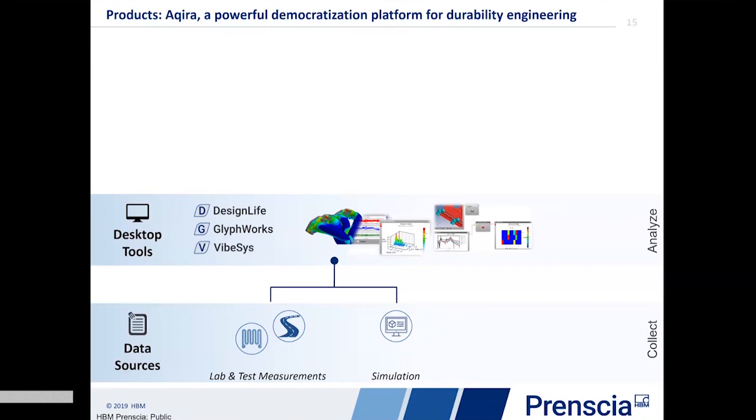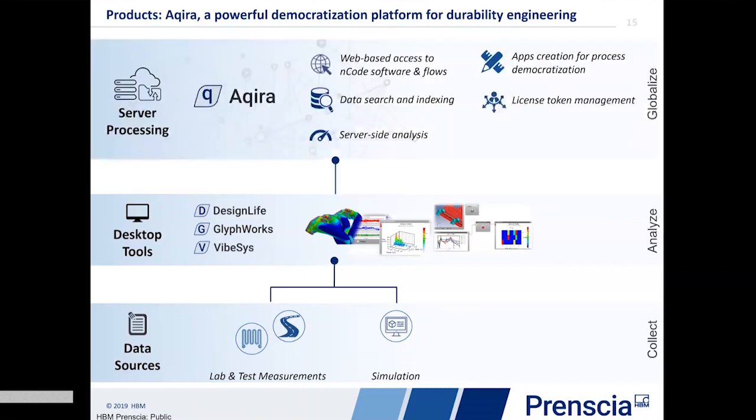And now with Akira, we can do the same, but now server side. So it's a web-based platform you can access in an enterprise fashion, and you can create apps to make a complex workflow easily accessible to anyone in the company, right? Not having to be an expert in the software in question.